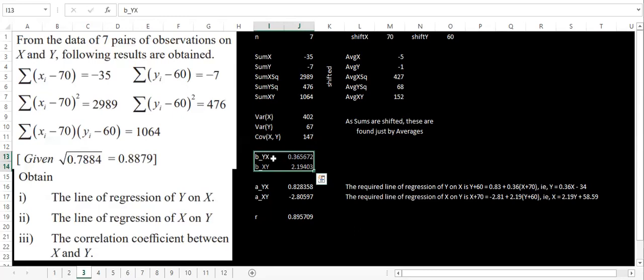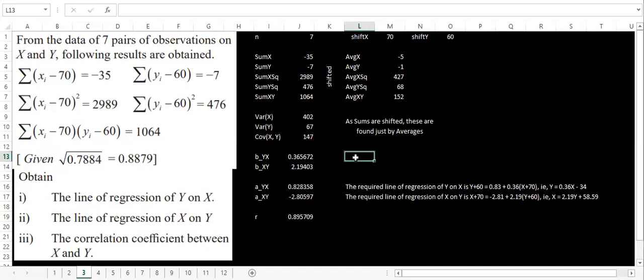And once you have that, you can find the constants a, which are actually the constants of u and v. I should have actually written u and v over here, but it's understood that it is regarding u and v. Using the regression coefficients and the average values, these are the average values that we calculated. So we get the constants a for both the equations, of course. And now comes the interesting part, because behind the scenes these were not x and y, these were u and v. So my ideal equation would be, if I were to write it here,